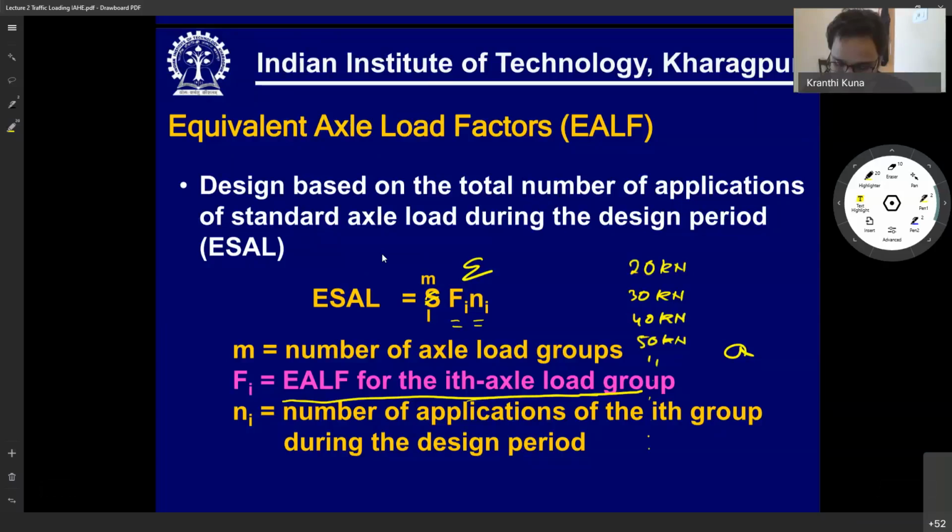So if you remember, we were talking about how you want to convert all the traffic. Yesterday we were discussing the standard vehicle, fixed vehicle approach, isn't it? We said we are following the fixed vehicle approach for the design of pavement. So I was saying yesterday, we consider an 80 kilonewton axle as a standard axle, which means you want to convert all the axles